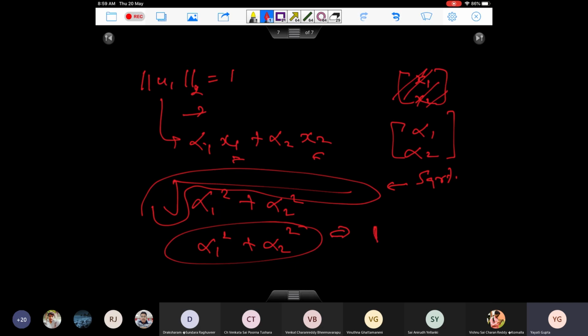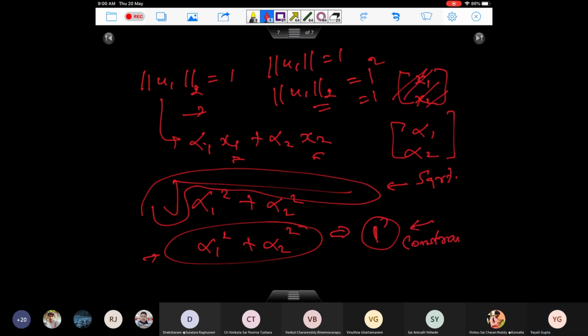See, even if you set u1 equal to 1 and just square this entity, this is the notation for it. If you square this entity, because 1 squared is still equal to 1, our goal is to ensure that this alpha 1 squared plus alpha 2 squared still stays close to 1. Now, why it stays close to 1, that is, why we are adding this constraint, is the question, right?